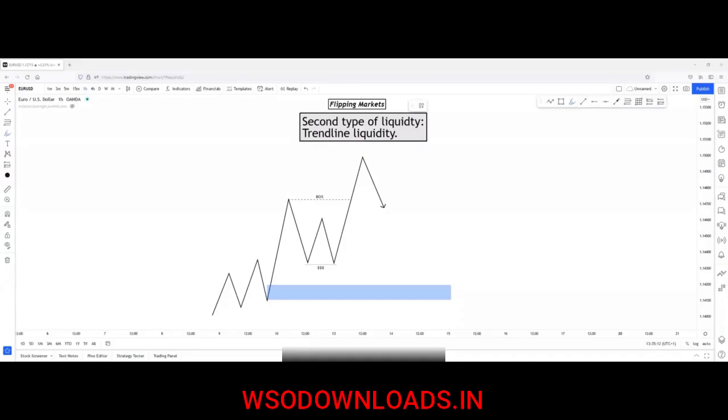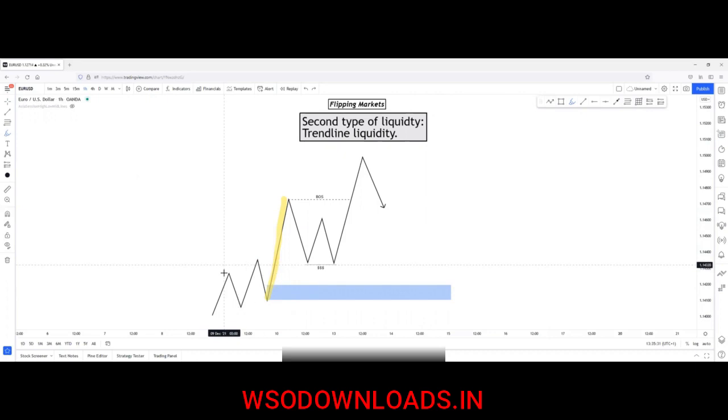Okay, before we see some live examples, I want to show you something. So price is moving in an uptrend in this scenario, creating a series of higher highs and higher lows, breaking structures, creating inefficient movements, and respecting demand zones. So after the last demand zone, so this one has been respected, price created a huge inefficient movement to the